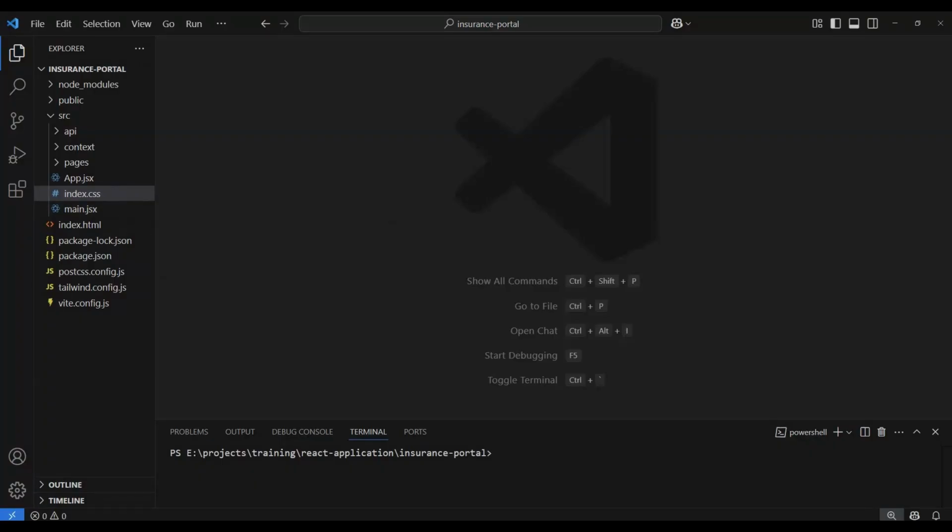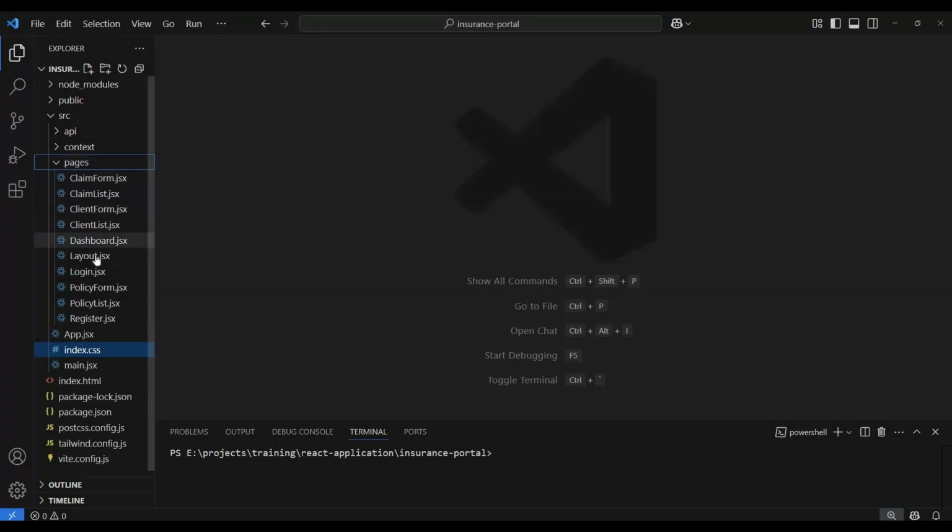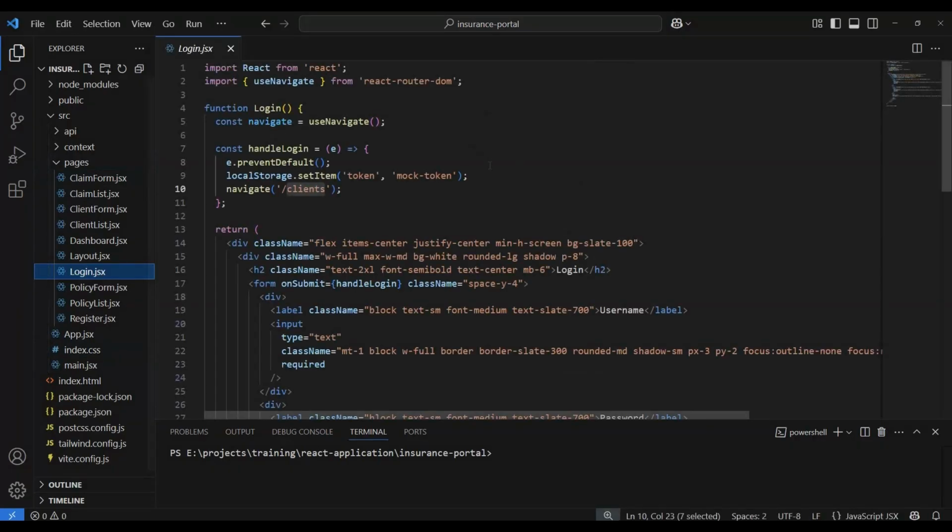If you see the structure, the pages folder contains all our screens, like client form, claim list, then insurance, layout, all the information is here. Next, we are going to build a login form using Tailwind CSS and React. Here, if you see, I am using JSX. So this is the